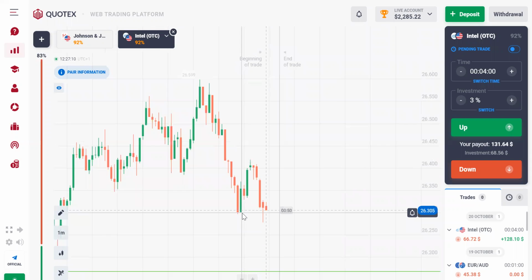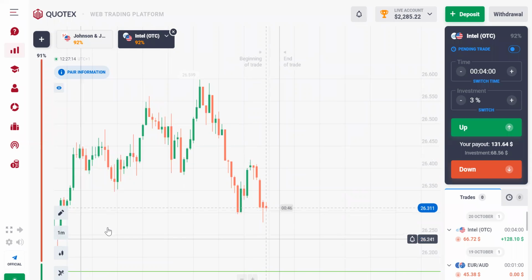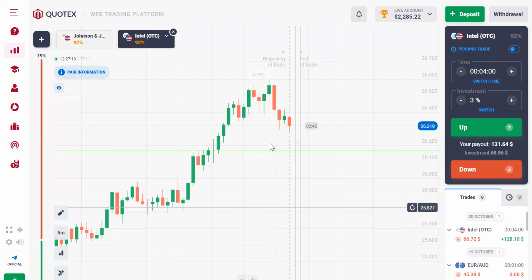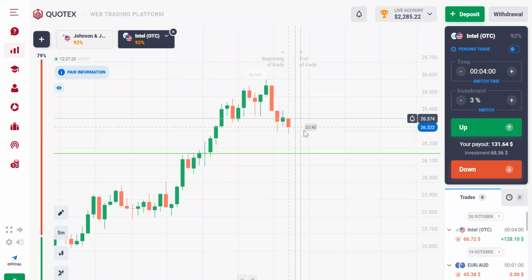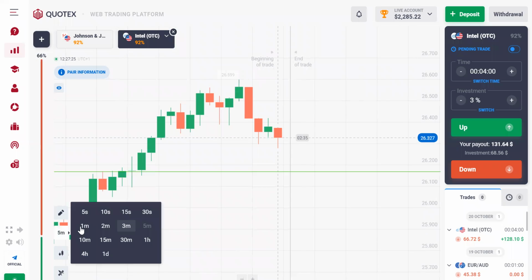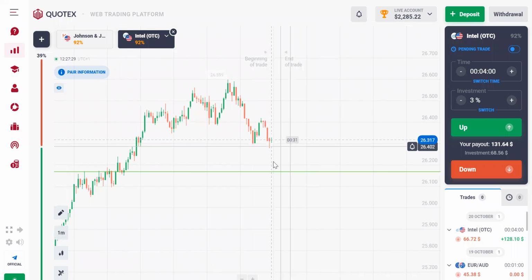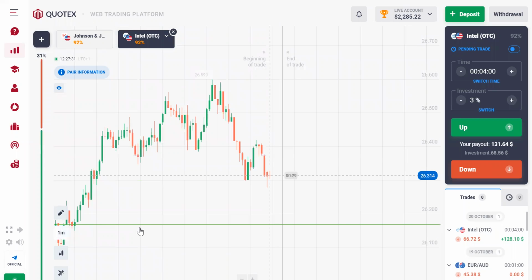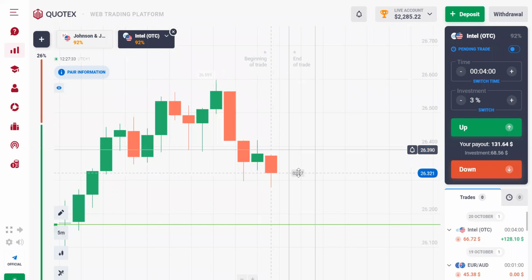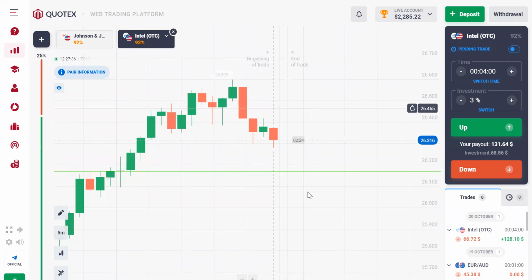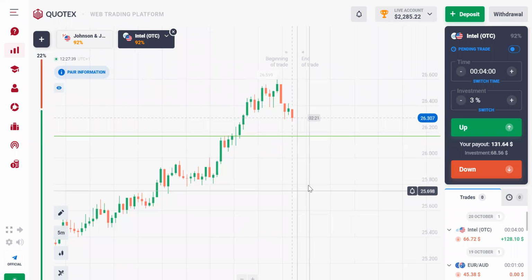You can see the bodies of the candles have not really gone below that low. So I don't want to be caught up in a consolidating market. It has made a lower low, but the bodies have not really gone below that low, and it's giving me a weak red candle. So I'm not really impressed with that price action. It could still sell, but I want to see a clear signal so that all of us can take it at the same time, and it's going to go surely well.